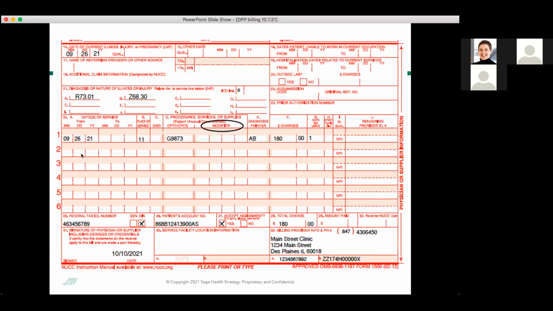Yes, we can. Okay, so 24A is your date of service. So this is an initial claim. So they came in for service on 9/26/21. They had their first core session in an office setting. And it's the initial claim. So it's that first milestone,